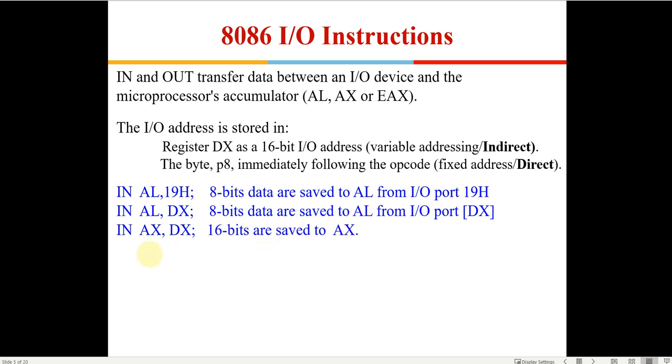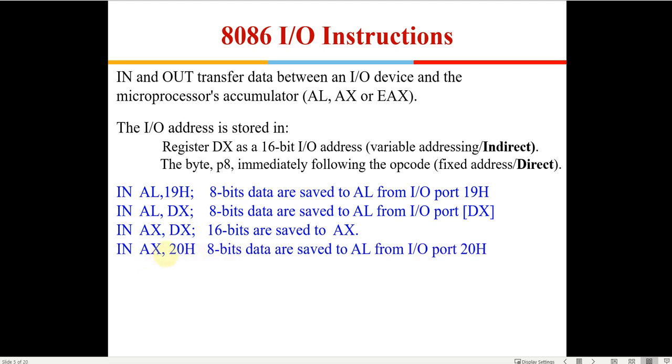Another indirect addressing is IN AX, DX. Since it is AX, we might have connected a 16-bit input output device at that port, so accordingly 16 bits will be fetched from that port into the AX register.